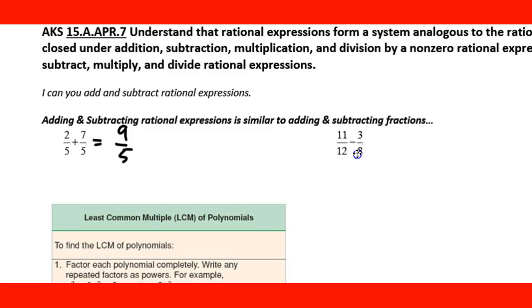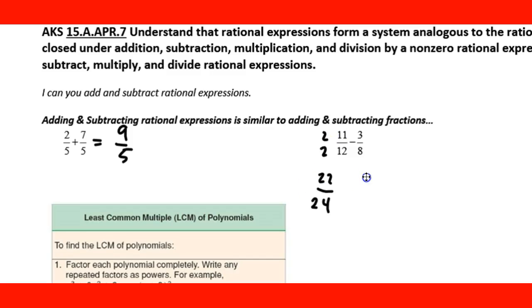Over here, you need to get common denominators. Well, you would find the least common multiple. So with that, you have 11 over 12 and negative 3 over 8. The common denominator they have would be 24. So to turn 12 into 24, I would multiply by 2 at the top and bottom, so that'll give me